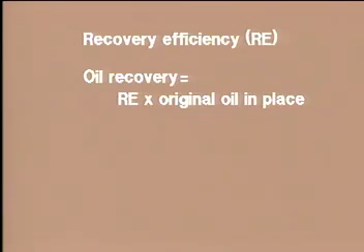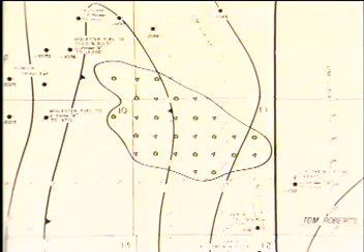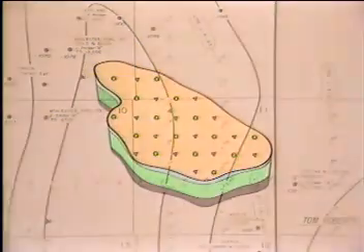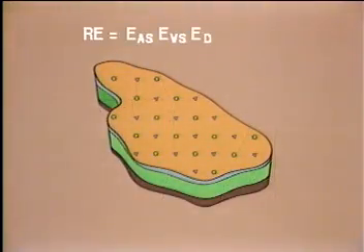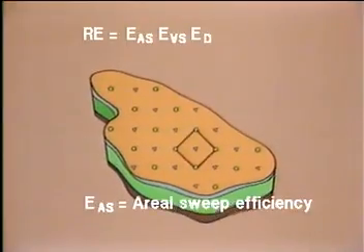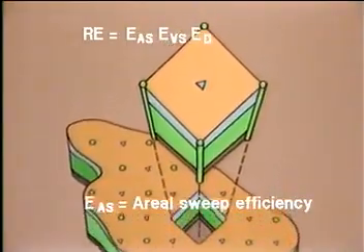Our objective is to estimate the fractional amount of the original oil in place that is ultimately recovered as we inject fluids into injection wells and recover oil from production wells. This fractional amount is the recovery efficiency and has three components: the aerial sweep efficiency, E sub AS, that is,